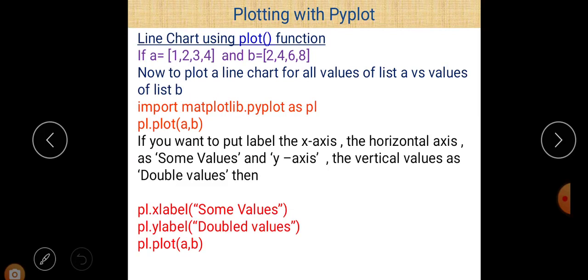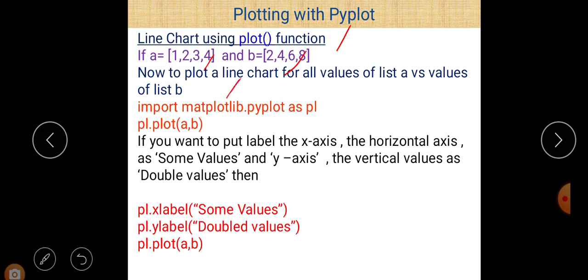Next, line chart using the plot function. If you want to plot a line chart, there is a function named plot. Now there is a list A which contains 4 data elements 1, 2, 3, 4, and a list B which contains 4 data elements 2, 4, 6, 8. To plot a line chart of the values of list A versus the values of list B, this is possible using the Matplotlib library.